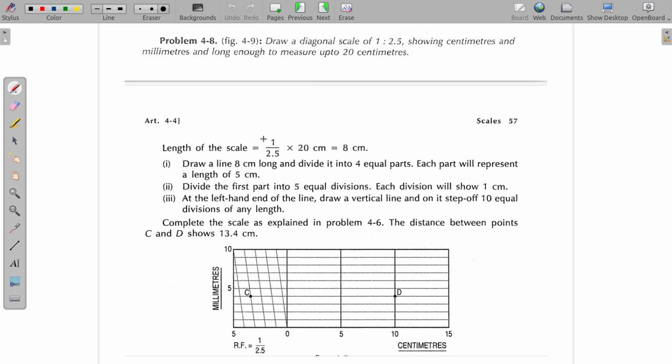Let's see another problem. In this particular problem, you are being asked to draw a diagonal scale of representative fraction 1 is to 2.5, showing centimeters and millimeters, and long enough to measure up to 20 centimeters. So as usual, you find out the length of the scale first, which is RF multiplied by the maximum length you need to measure, which is 20 centimeters. So 1 divided by 2.5 multiplied by 20 centimeters is equal to 8 centimeters. So draw a line 8 centimeters long,